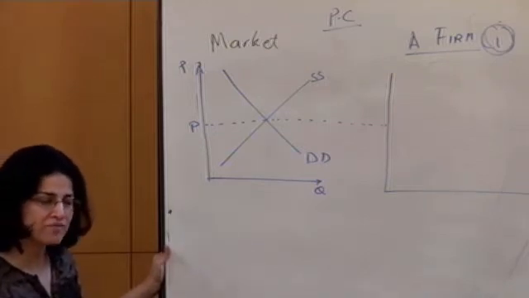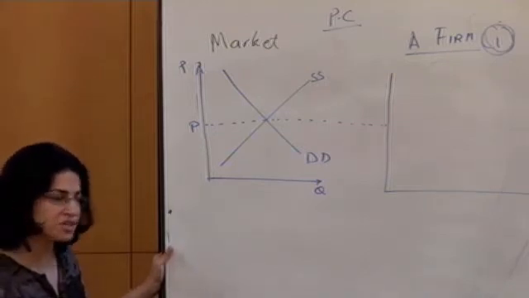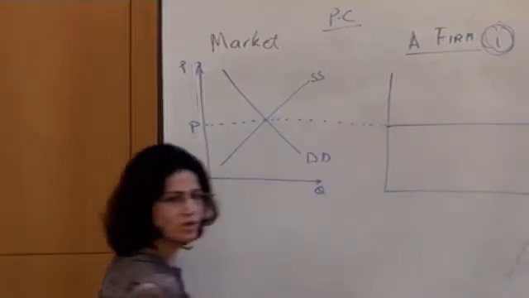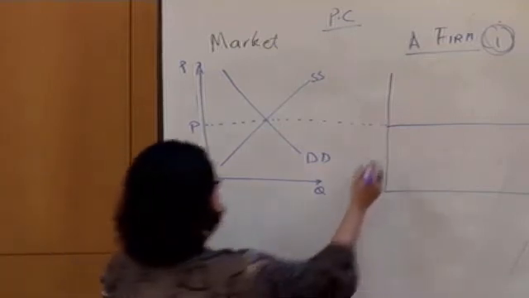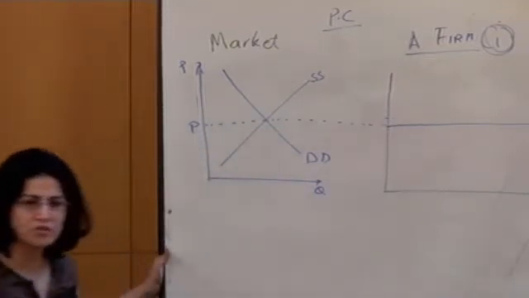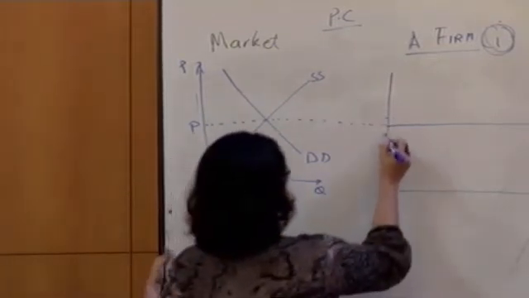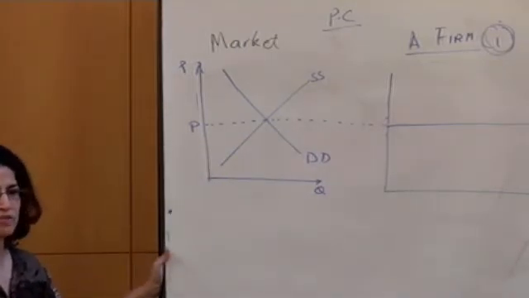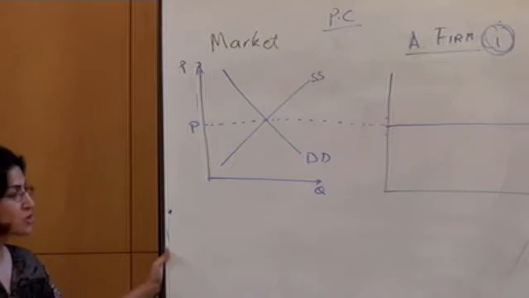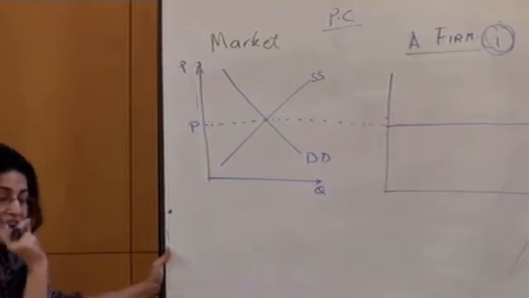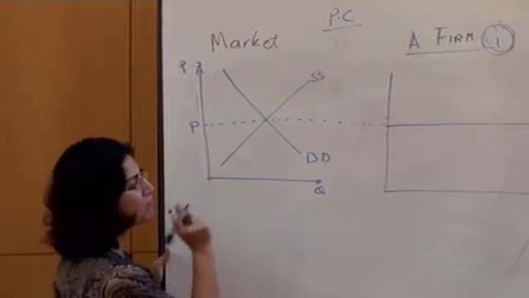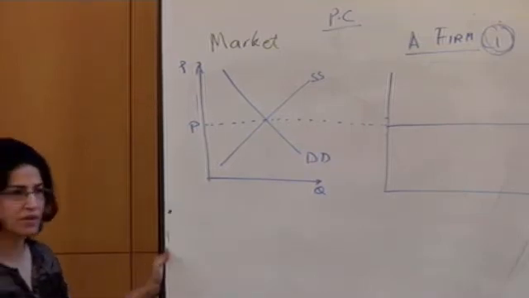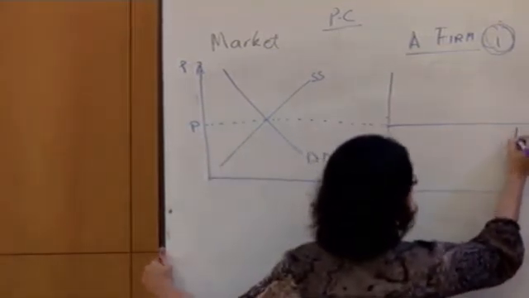So what is the demand function? The demand function is that at this price they can sell as many units of goods as they want. If they charge a higher price, nobody buys from them. If they charge a lower price, they could, but we'll show that they'll be making losses and they'll have to exit the market. So what is the demand faced by one firm in the perfectly competitive industry? The price is a straight line. That is the demand function that they face.